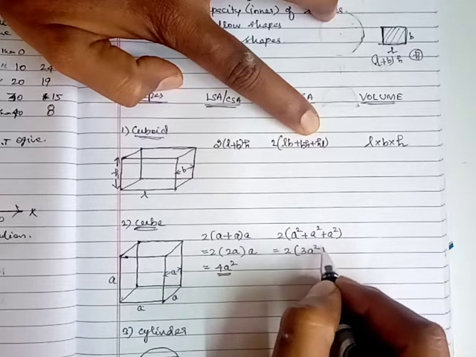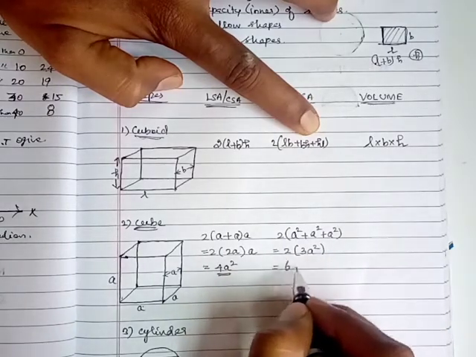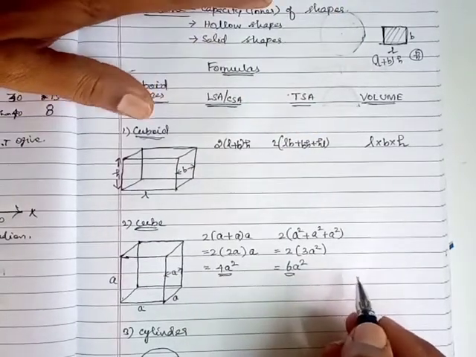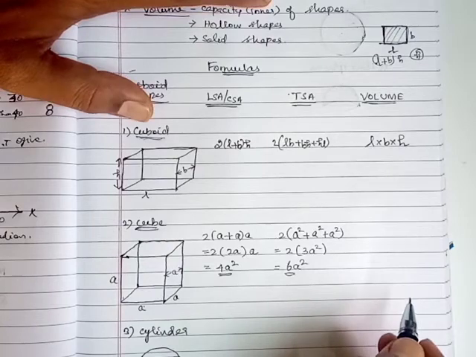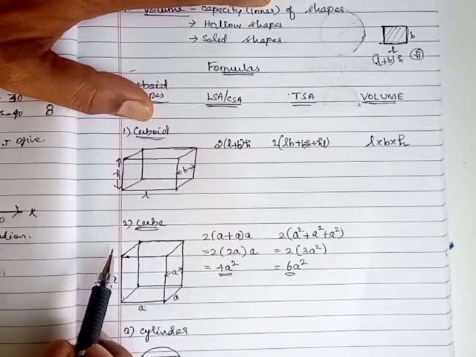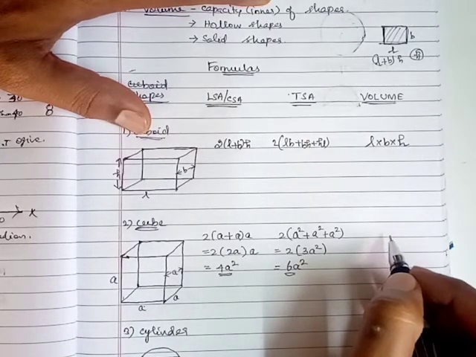3a squared, right? So 2 into 3a squared is 6a squared. This is the formula for total surface area. What do you mean by total surface area? It covers all the sides, right? Okay. Then